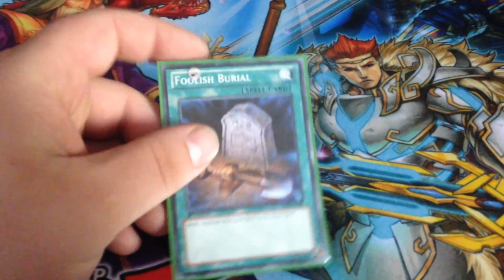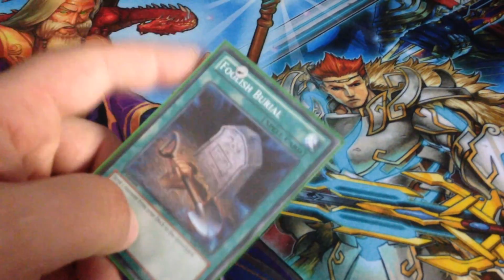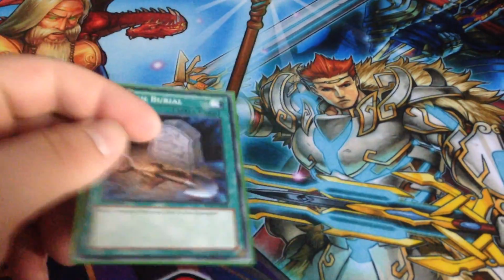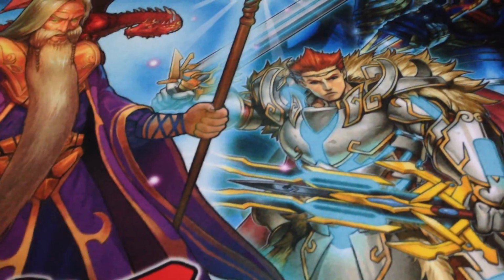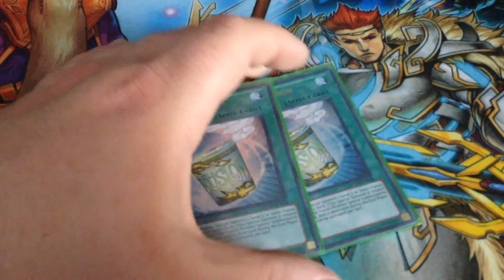Foolish Burial, usually to get either Hat Tricker or Damage Juggler in the graveyard, or, like I said, if you really need one of those Tellarknight monsters in the grave, you can use this to ditch that as well. So you can use Altair to summon it again, or use a Call of the Haunted or something like that. Then I use the double Instant Fusions,